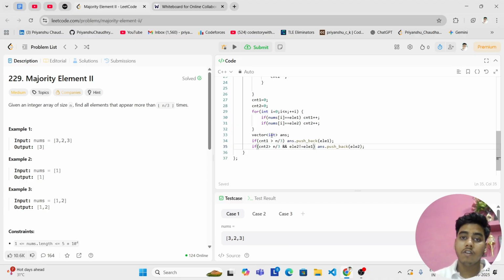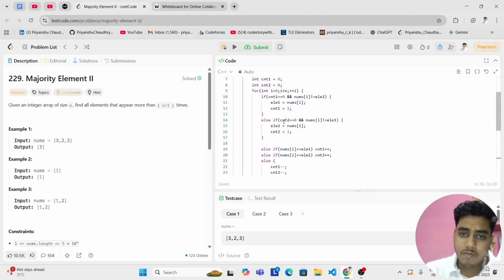Suppose the whole array is containing zeros. So in this case our element 1 will be 0, and element 2 will also be 0. That's why this is just a safe check that duplicate elements are not in the array. So we can just now return answer, and also for